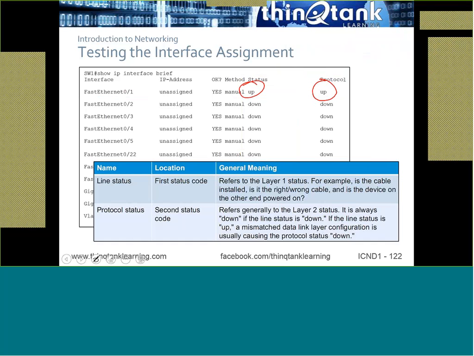Now, if I'm having a problem with a device connected to port 4, where am I going to start troubleshooting? I can already tell layer 1 is down. If layer 1 is down, what does that tell me? There's no need to troubleshoot layer 3. There's no need to troubleshoot the application. Until layer 1 is up, nothing else is going to work. Does that make sense? So this show IP interface brief command is a very, very quick way of seeing whether or not